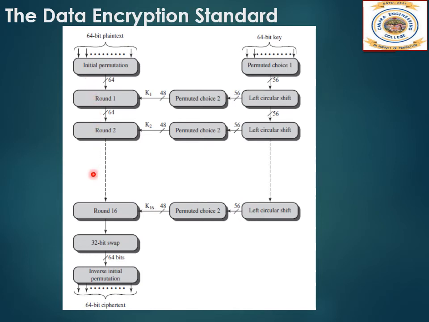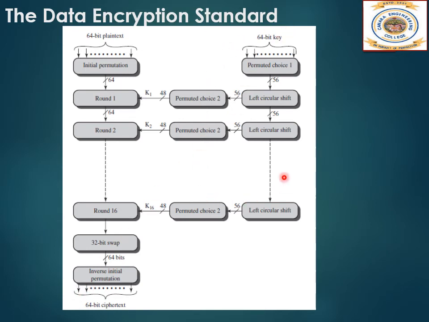This is followed by a phase of 16 rounds of the same function, which involves both permutation and substitution techniques. Here it is where the Feistel structure is used. The output of the last round consists of 64 bits. The left and the right halves of the output are swapped to produce the pre-output. Finally, the pre-output is passed through a permutation, that is the inverse initial permutation, to produce a 64-bit cipher text.